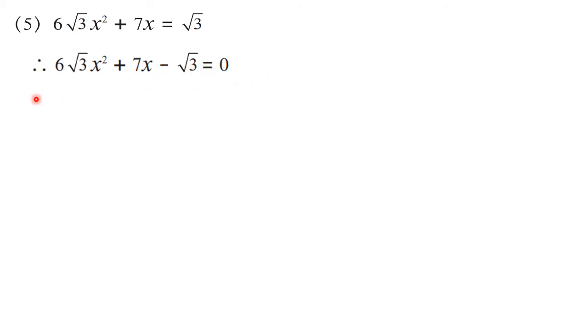Now see, this equation is in the form of ax square plus bx plus c is equal to 0. And we have to use factorization method. That means we have to split the middle term. For that purpose, the very first step is you have to go for multiplication of a and c. Okay, the coefficient of first term into coefficient of last term. So when we do it, 6 root 3 into minus root 3, we are going to get minus 18. Now by using this number, we have to split the middle term.